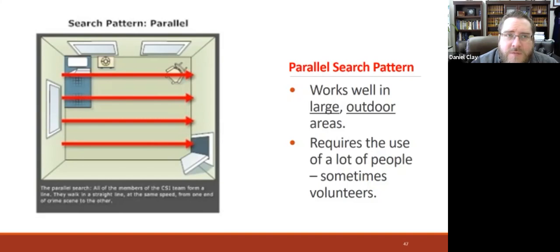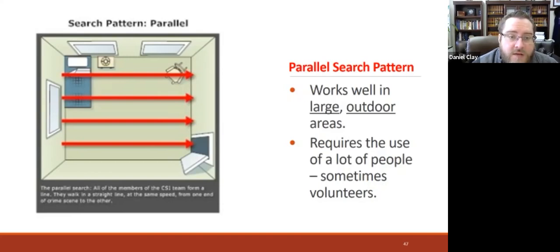One being, a volunteer could be a perp, trying to cover their tracks, so you always sign in volunteers and you do a little investigation into who comes. We also don't want Bambi stumbling in and accidentally stepping on a bullet casing or something along those lines, right? We want people who are trained to do it. But if we are searching for a missing person, then yeah, we're going to want as many people as we can, volunteers. But again, the more volunteers, the more investigation you have to do, the more likely that they're going to contaminate the scene, whatever. But if it's an emergency, we're searching for this person, they're lost, parallel works really well, because